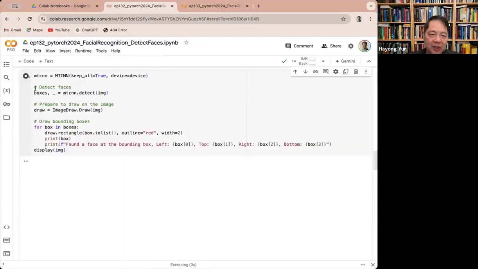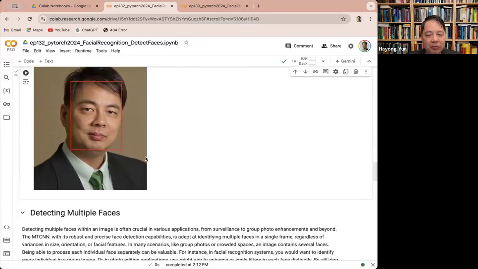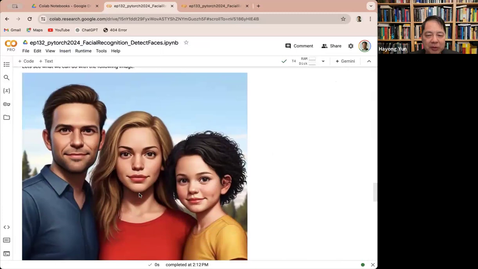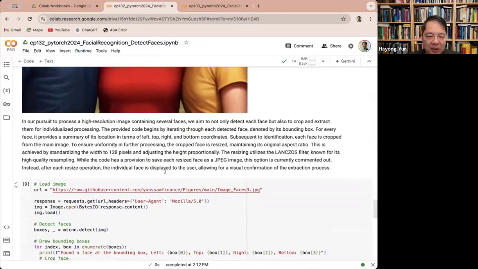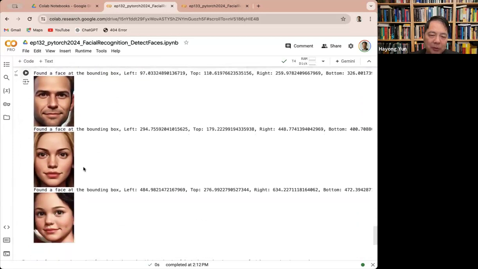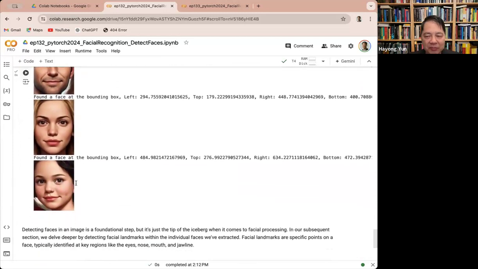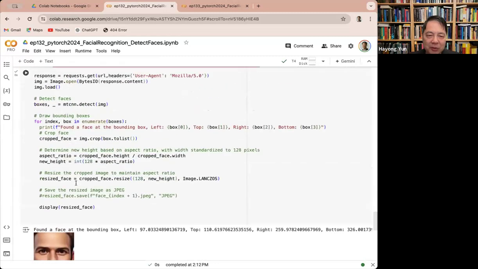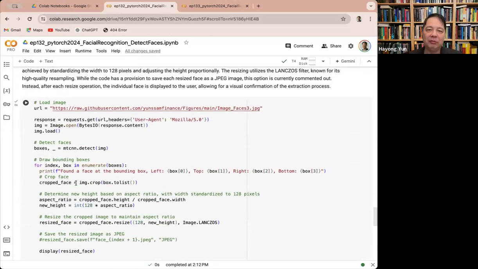All right. It's not just for one face. In fact, you can have multiple faces, like in this case, and you can run the same thing, boxes, but just loop around multiple faces. And you can do many things, not just draw the box, but you can crop the face and then draw it separately like this. Okay, so this was just simply to show how to use the face detection